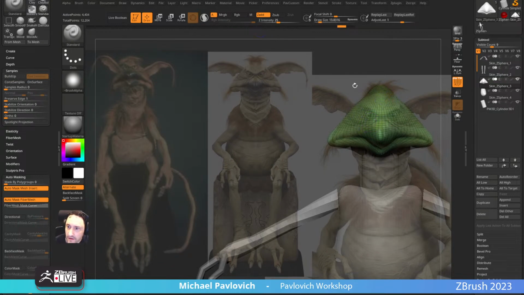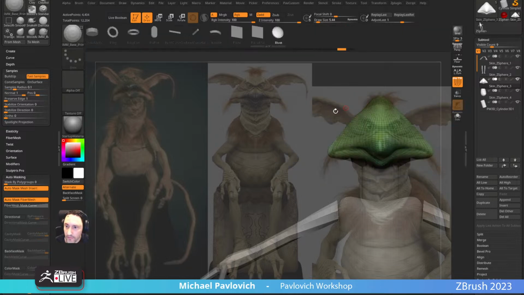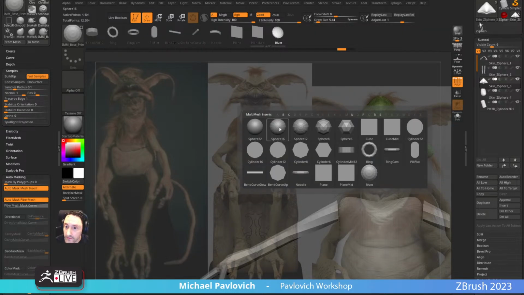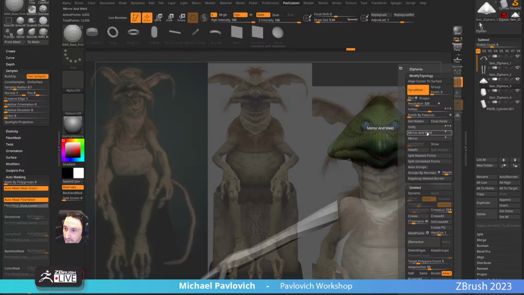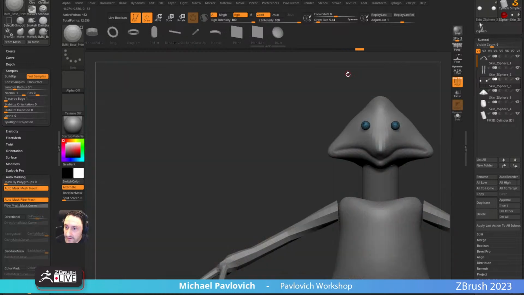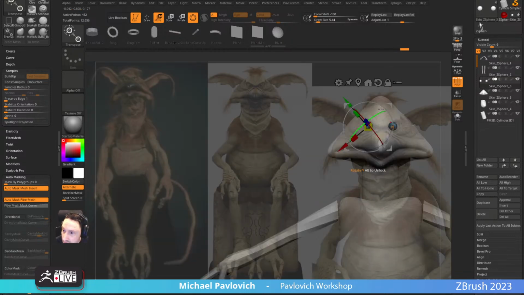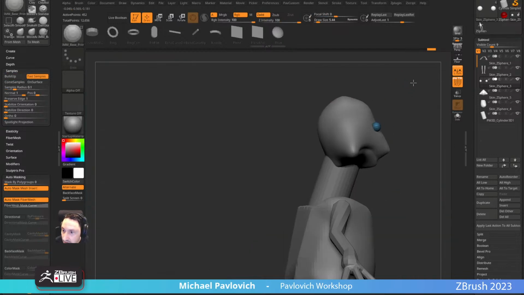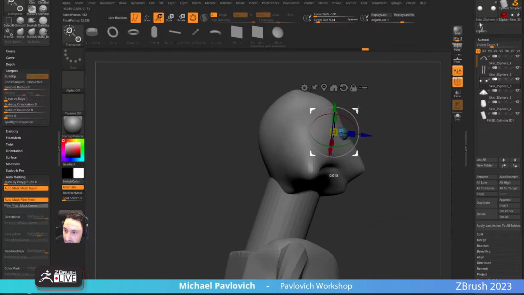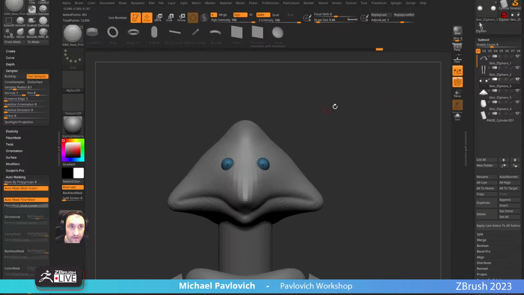Okay, so this off. Now, for the eyeballs, to keep us honest, let's go in here to my custom menu here, and we'll just grab a sphere, and we'll just pull this out, and we'll say split mask points. See how I was nervous to use IMMs, and now it's working fine? So, don't be nervous. Things happen. So now we're going to go through here, and we're going to scale this up. Again, you can turn on LSim while you're working, so you're working on that local axis there. There's generally where the eye should be. That'll keep us, like I said, it'll keep us honest when we're going through here and saying, okay,